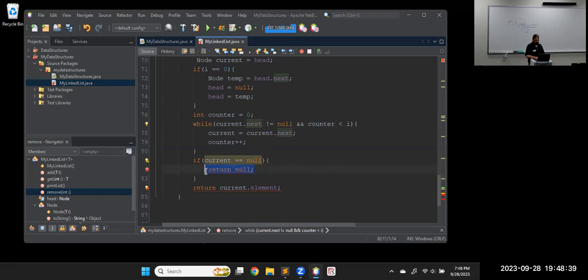we don't have to do anything. If we get to the end of the list, we don't have to do anything. So we're only concerned about when it's not null. So we don't need an else statement there. And at that point,